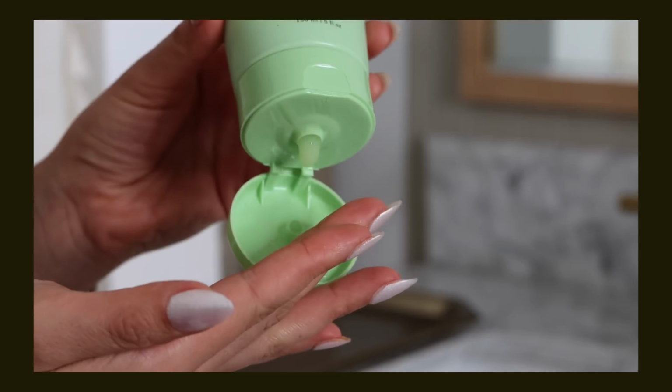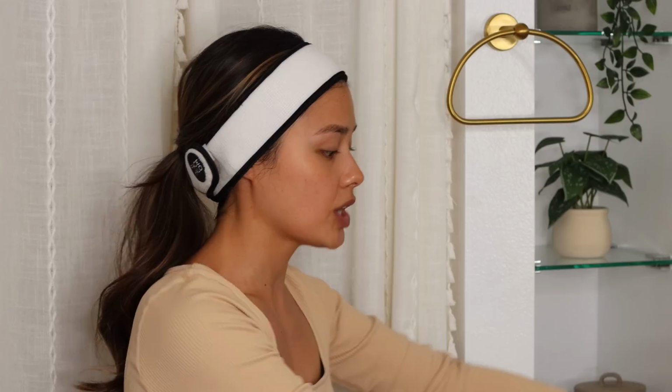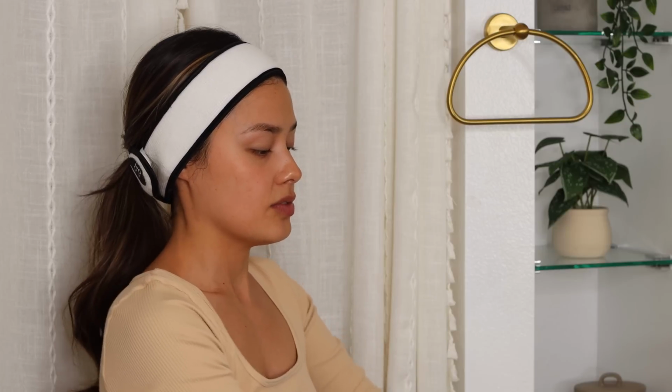The one thing that I'm split on is the consistency. This is very runny, so every time I open this, I feel like it just floods out, and I always get too much, so I have to be very careful with it. But it does foam up a little bit, which I like. I just love the tactile experience of a little bit of a cleanse. So if you can see